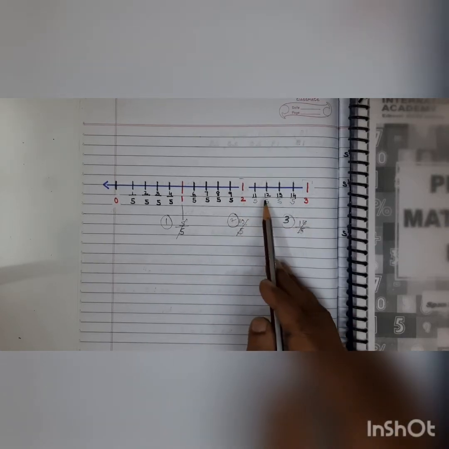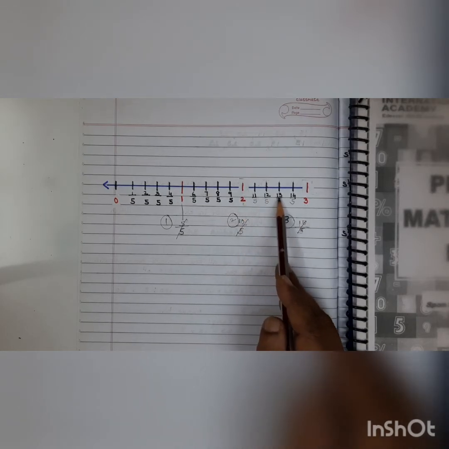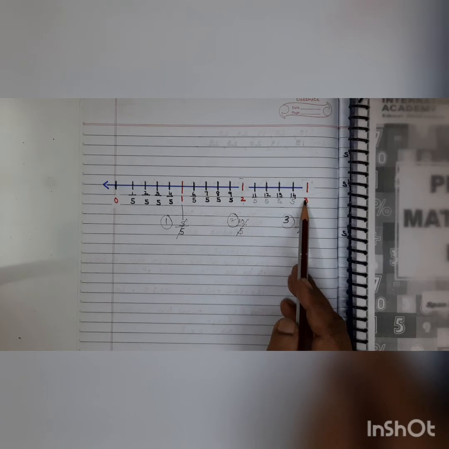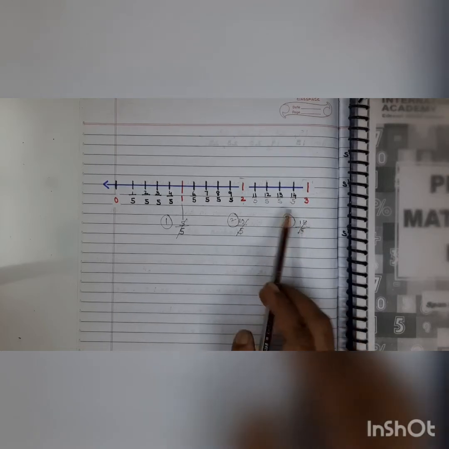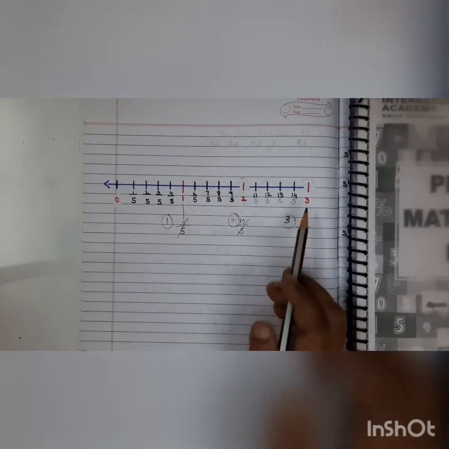Now children, tell me for this. This is after 9, then this was 10, where 2 is here. Then it's 11, 12, 13, 14. So your numerator is 11. Denominator is 5. Now here, how did 3 come here? Because here this is 15. This is 15 because it's the 15th part. So that is upon 5. Why? Because 5 equal parts. So you get your 3, right?